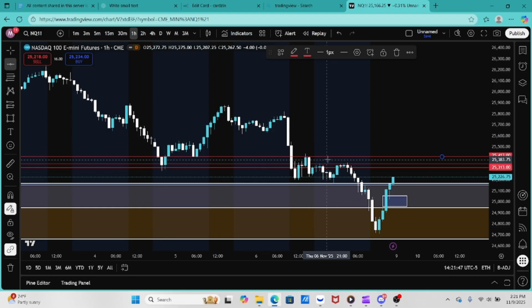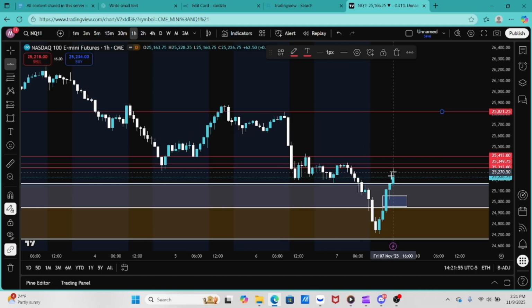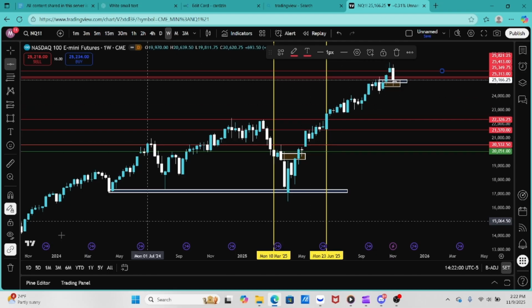And then if we can get above this gap, we can eventually see us take out these highs up here, towards maybe the end of the week. But it's looking pretty nice. If we go back to that weekly,